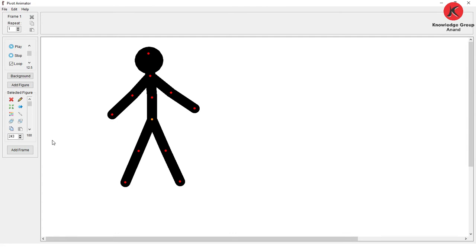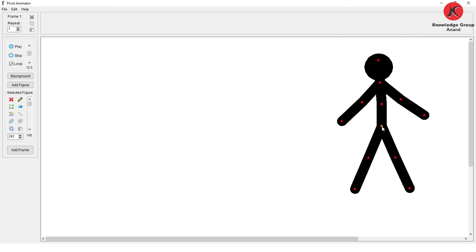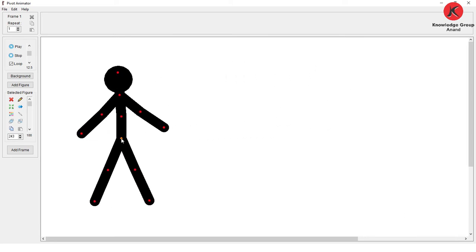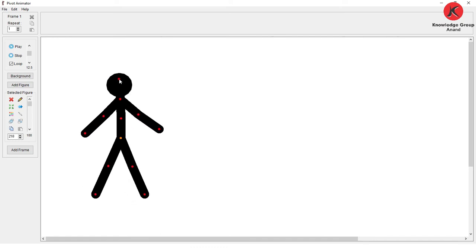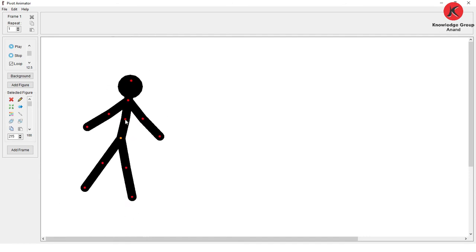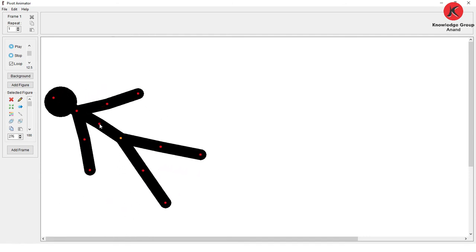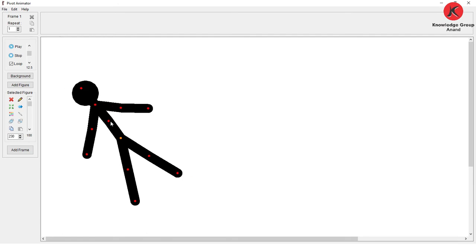Okay, let's begin to create everything in this exercise. First, we are going to use the orange handle. Using the orange handle, we can move the figure from one place to another like this. If you want to rotate it, we can use the Alt key and rotate it left to right, or we can also increase the size. We can increase the size of this figure and rotate like this by pressing the Alt key.